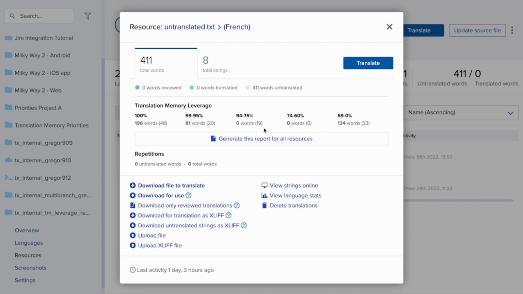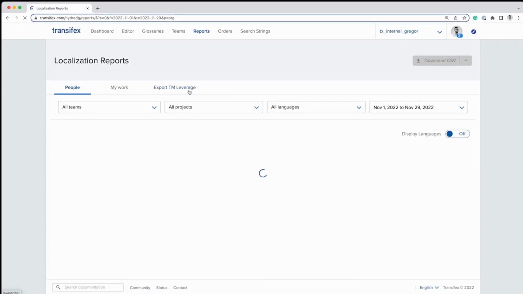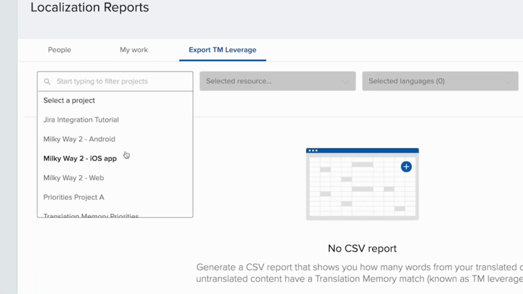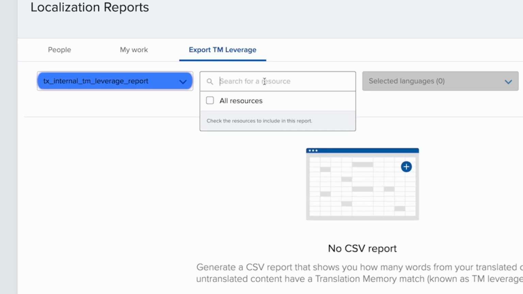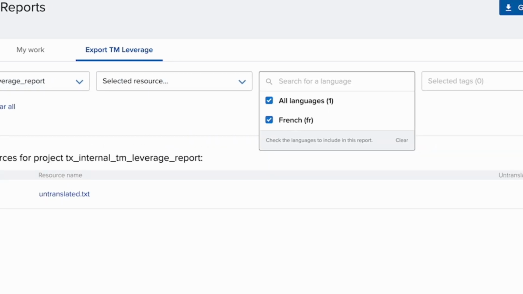For a larger and more complex project, you want to generate a detailed report by either clicking here or by going to your reports in the navigation bar and then exporting your TM leverage. I'll choose my project, the resource, the target language,